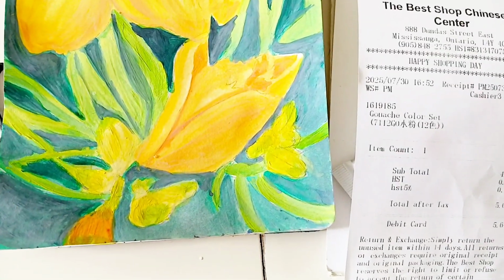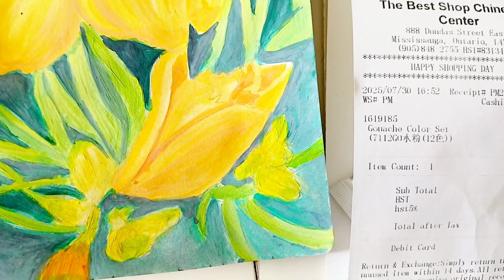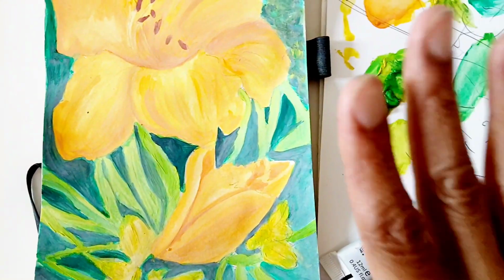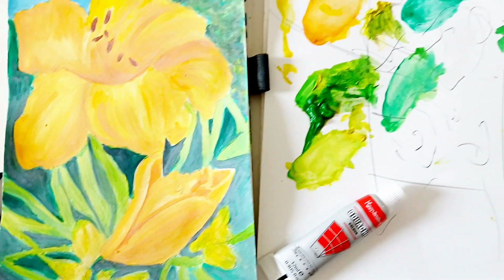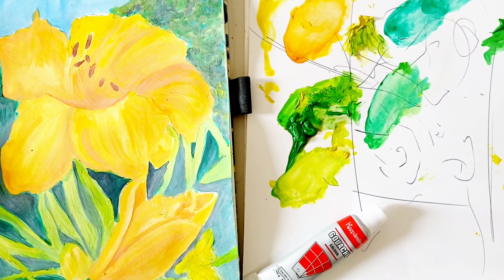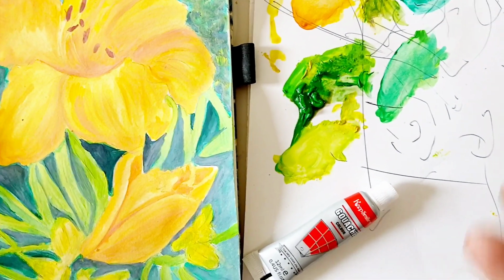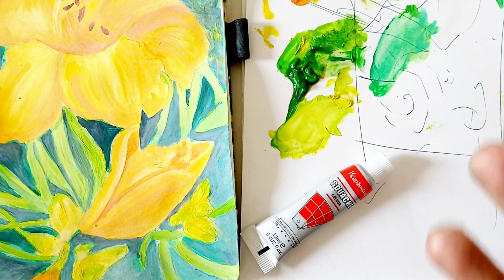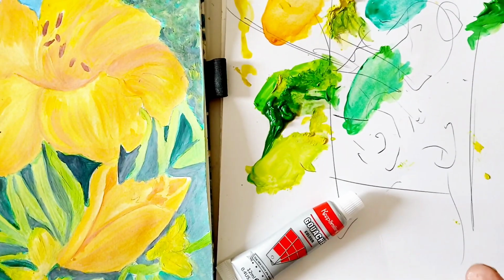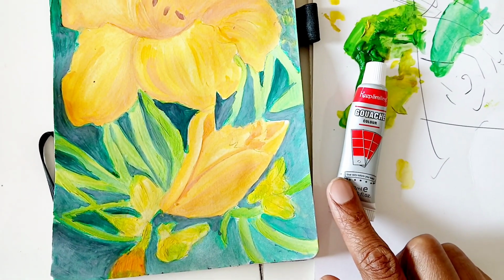I think I might even go with the same brand because they also have acrylic paint and oil paint. So I will do a review for you with them. So I highly recommend this paint, especially if you're starting off with gouache and you don't know if you want to spend a lot of money or not. I'm not sure how much the jelly gouache is, and the jelly gouache seems pretty different, so I'm definitely gonna try that out, and the Holbein. But for now, for $4.99 for this brand, Keep Smiling,